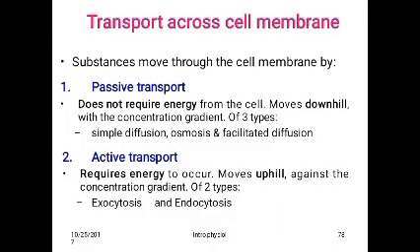Transport across the cell membrane. Substances move through the cell membrane by 1. Passive transport, 2. Active transport. Passive transport does not require energy from the cell. It moves downhill with the concentration gradient, and is of 3 types: 1. Simple diffusion, 2. Osmosis, and